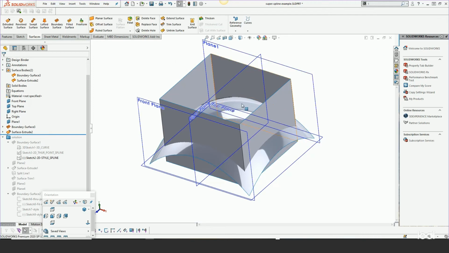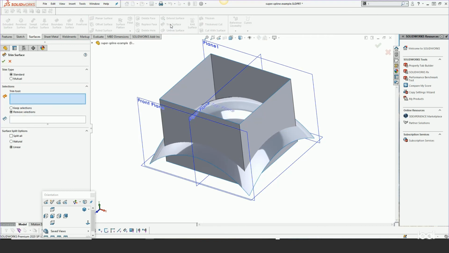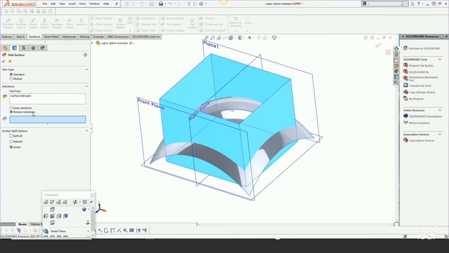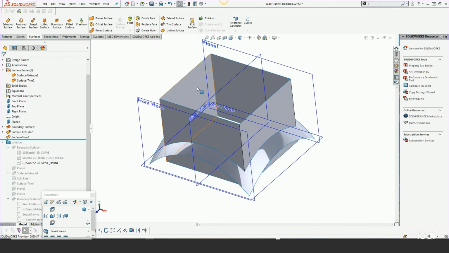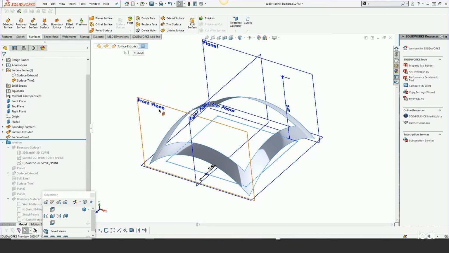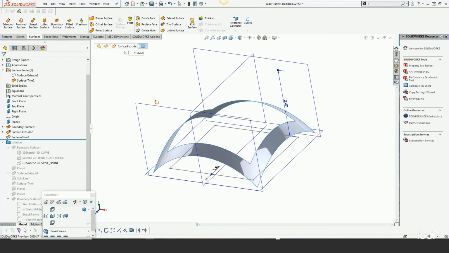Let's just split this, or I'm sorry, trim this face. So I'm going to do a standard trim. I'm going to use this guy as the trim tool, and I'm going to keep the outside of this. Let's hide this body. So I just trimmed that with a big hole in it, and now I'm going to